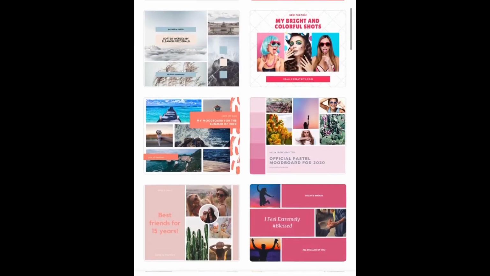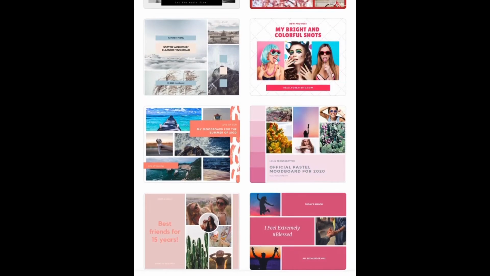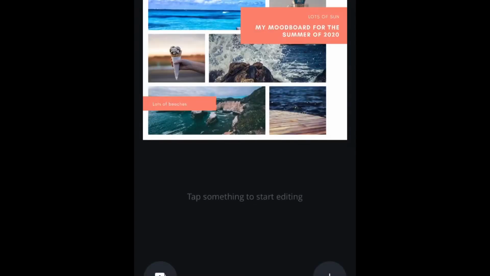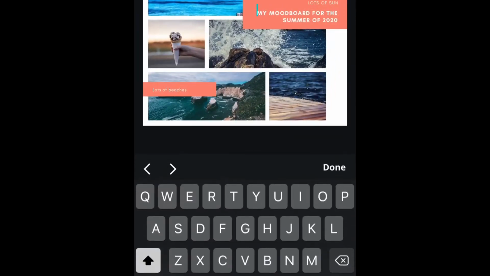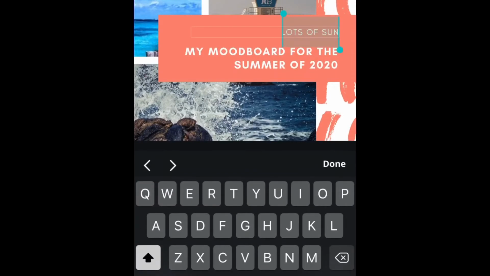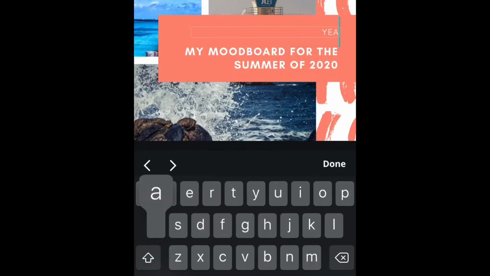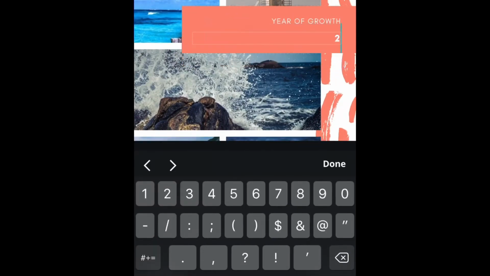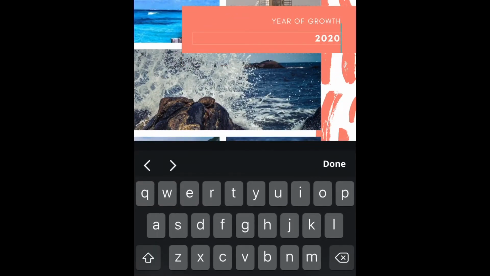So I think the search is finally over. I have finally found what I want, so I'm going to pick it now. And then I don't know what's wrong with my internet, it keeps reconnecting. Anyways, so I'm going to change the text, because here it says my mood board for the summer of 2020. So I'm going to change that to year of growth, because this year we finna be growing. And then I'm going to change the other text to 2020 vision board. So once I'm done changing all of that,